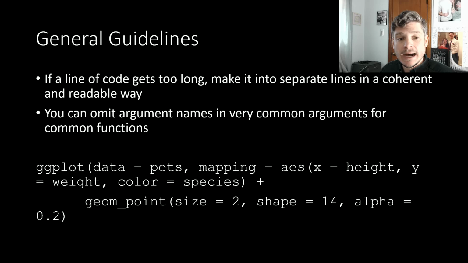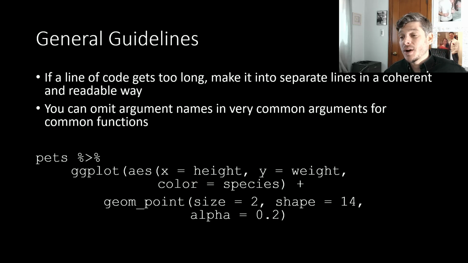So in this one I have ggplot, my data is pets, my mapping is my aesthetic function, and then I'm going to make what looks like a scatter plot with my geom_point. Well, this is very difficult to read. It's all over the place. If we want to make it more friendly for humans to read and understand what's going on, that's not the